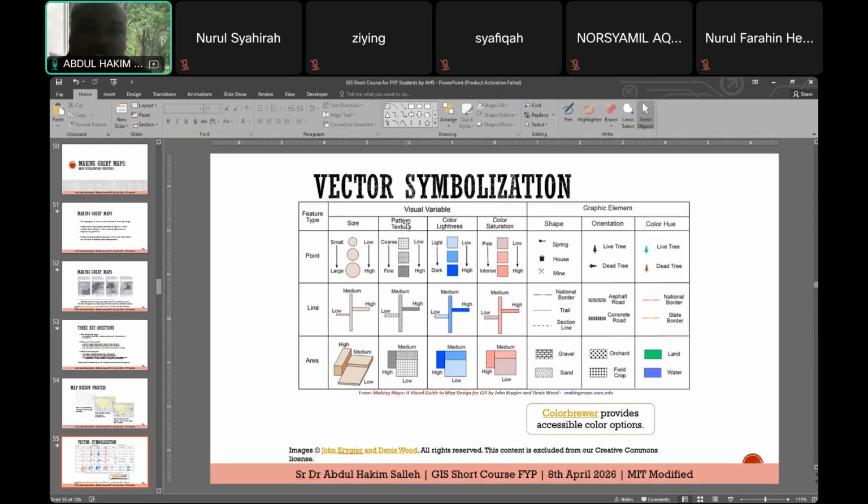The pattern, the higher the shades, or the darker the shades of a pattern, means it is greater in numbers. The darker, the more saturated, it means it goes from lower to much higher in counts or values. There are also graphic elements, as I mentioned just now, like the picture of the aircraft.